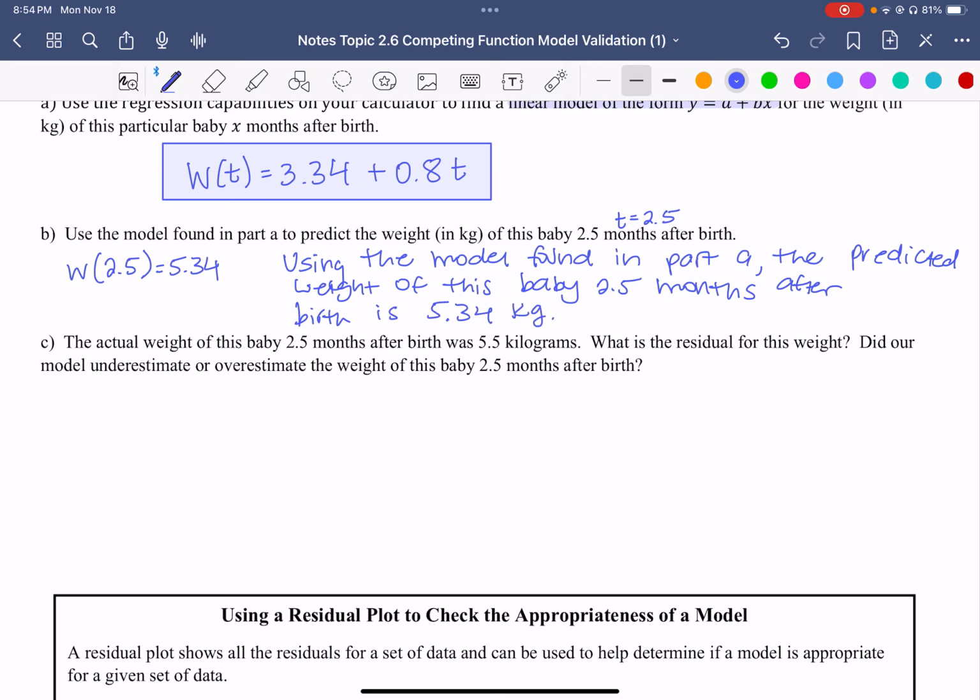Okay. Just notice that I restated the entire question and I made sure to include units for